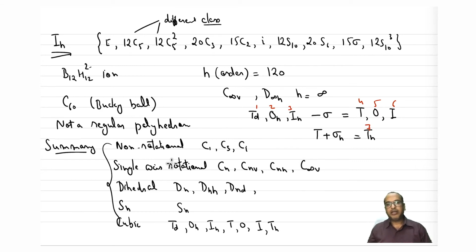Now, how do we classify a given molecule into one of these? It is not easy because we have to list down all the operations and then check each of them, whether it belongs to this point group or that point group. So there is a nicely made flow chart. Let us look at this flow chart. It is available in many books, but I have adapted it slightly differently with my understanding. You can see different versions of it, but do not worry, they all end up in the same classification of point groups.